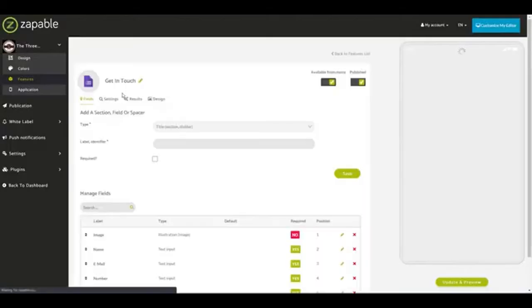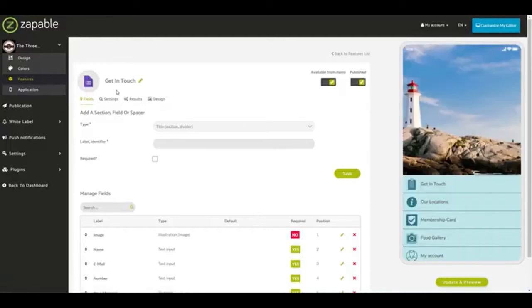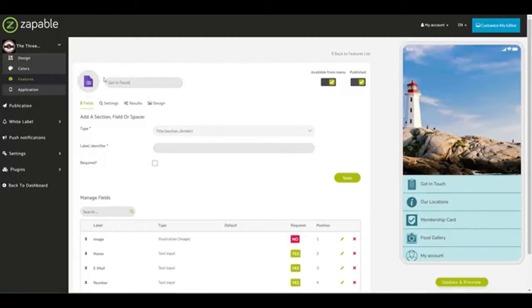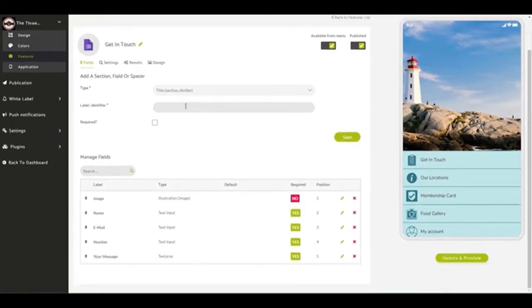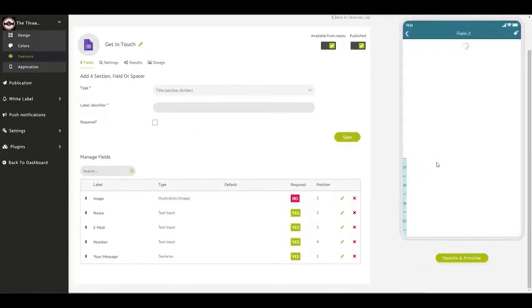It's using the form feature, which can be found under contact, and I've gone in and renamed this as get in touch. To rename them, you just click the little pencil icon, and then you can change that to whatever you want, and whatever you put in this section here will be what displays on the actual menu within the app. Now I've created a basic form, and if we open up the form feature here,